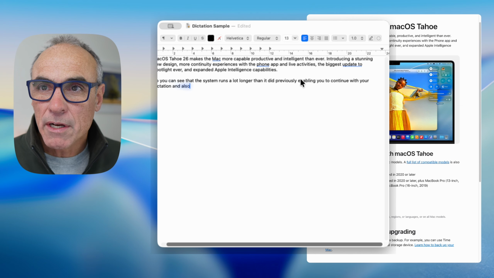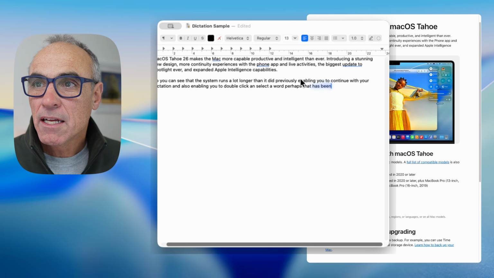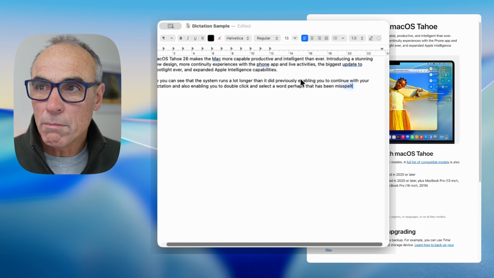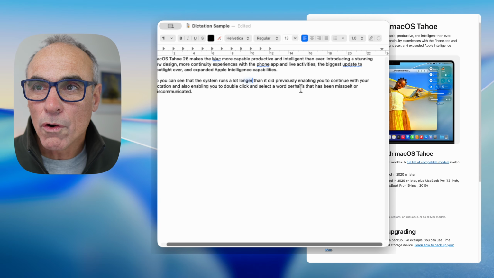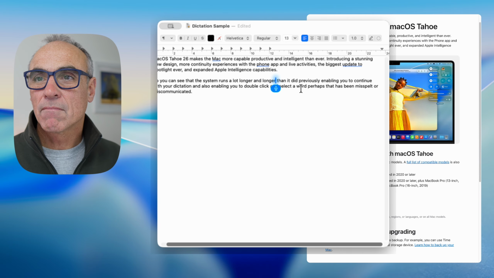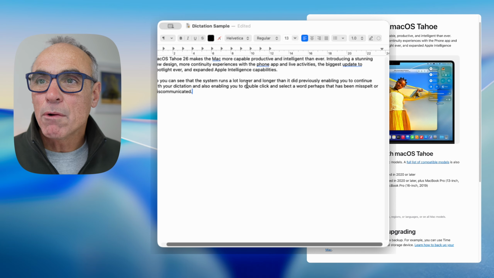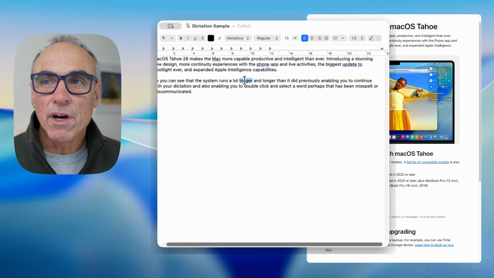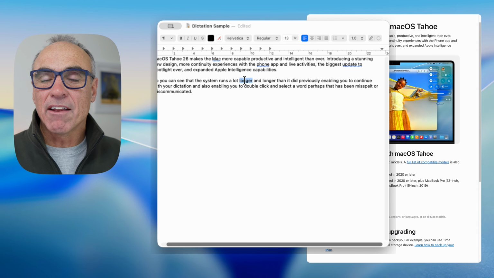and also enabling you to double click and select a word perhaps that has been misspelt or miscommunicated. Full stop. Longer and longer. So you see there, I was able to highlight a word even though the dictation was still running and insert